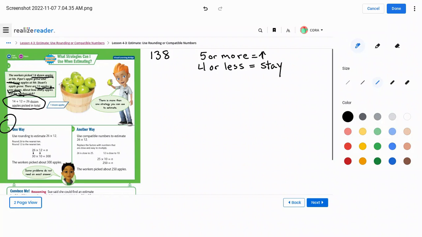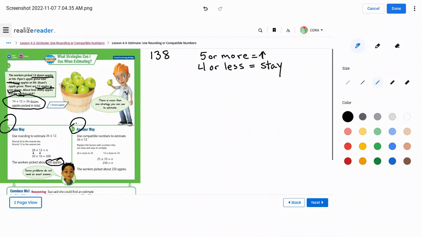3 times 1 is 3, and then put my zeros back on. So the workers ended up picking about 300 apples. And we say about because it's not an exact number since we're rounding. It's showing that another way we could do it right here is that they're saying